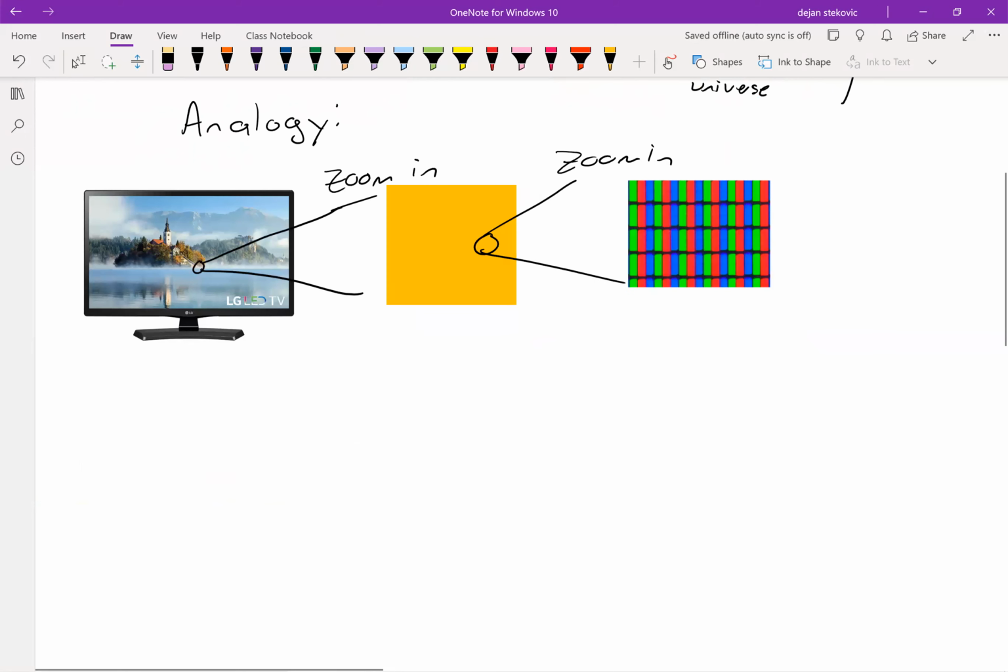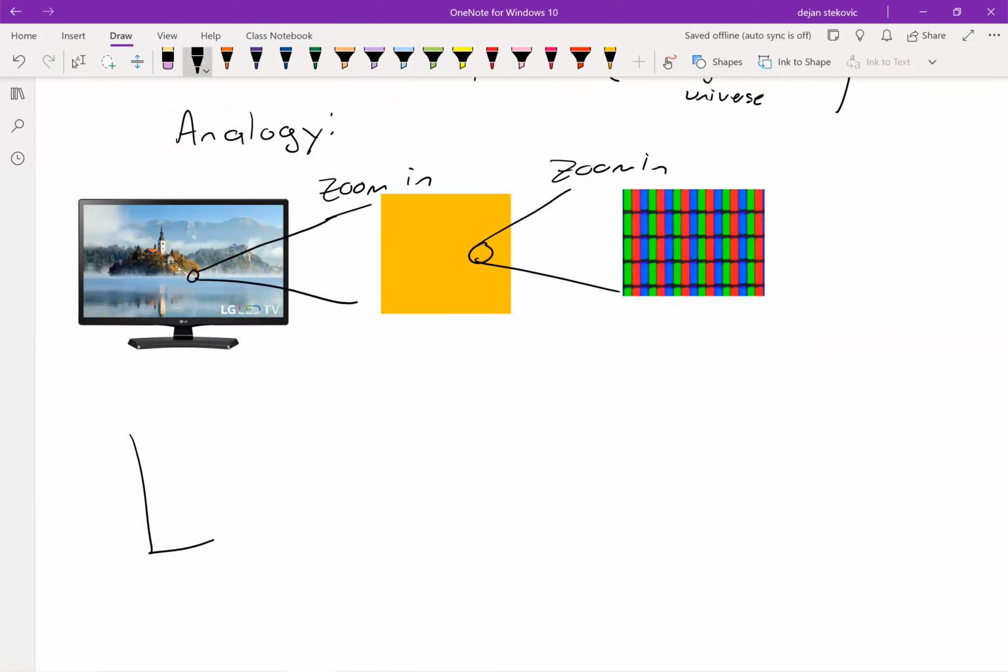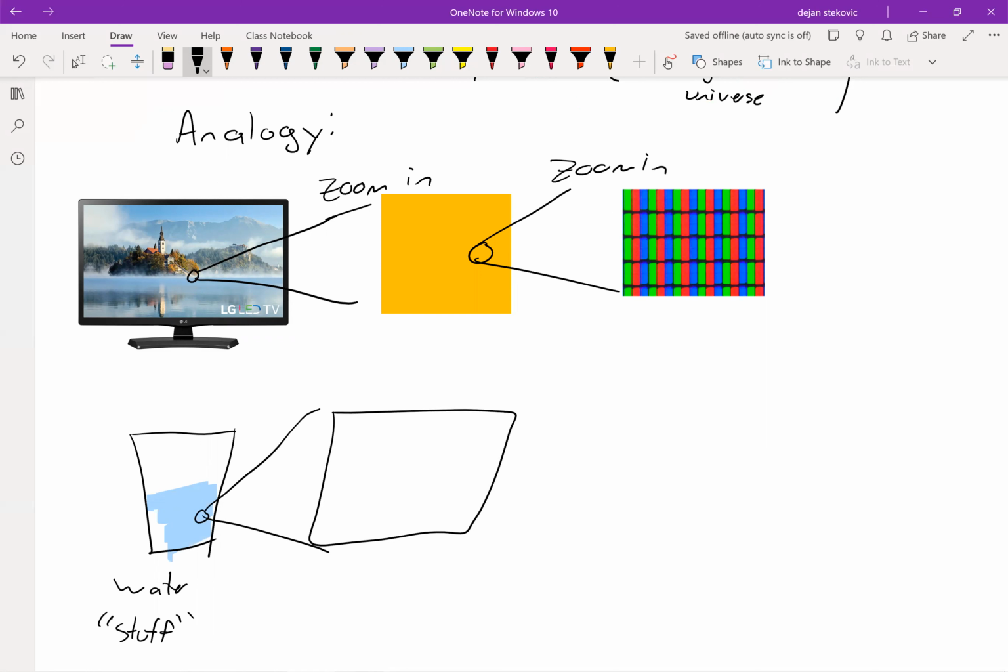Well, we've got the same thing in chemistry. So for example, we're going to go ahead and take our little cup of water. So this is my bad picture of water. And water is then our matter, our stuff. So just like we did with the computer screen, we might want to zoom in on this, right? What do we see when we zoom in on this?